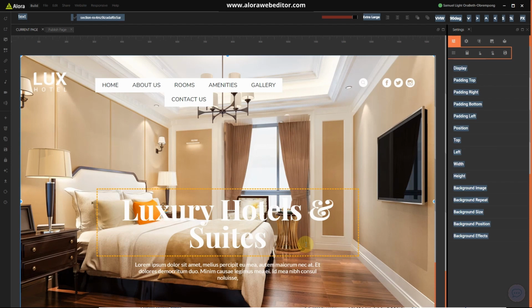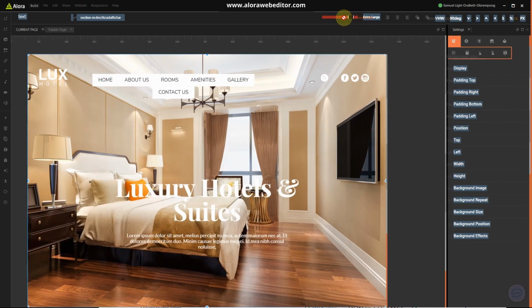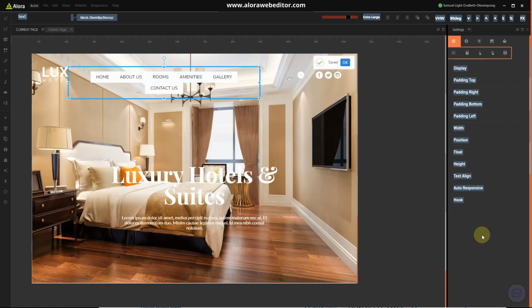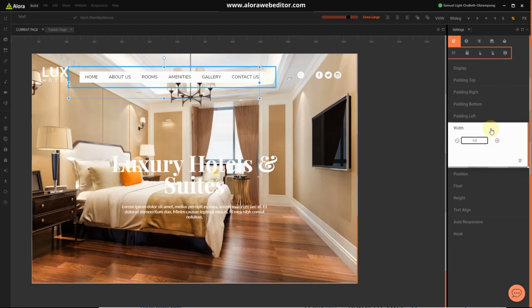So now if we bring this in a little bit smaller, we can have it looking this way, but still we are almost done with our website. Now let's look at the width of this. 62. Why is it still 62? 67. Alright,